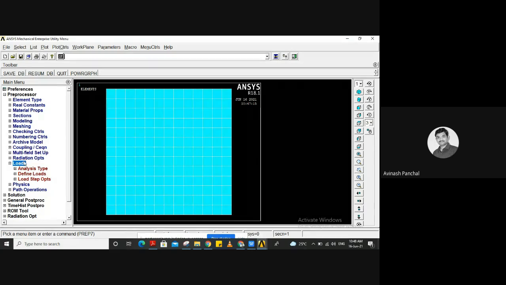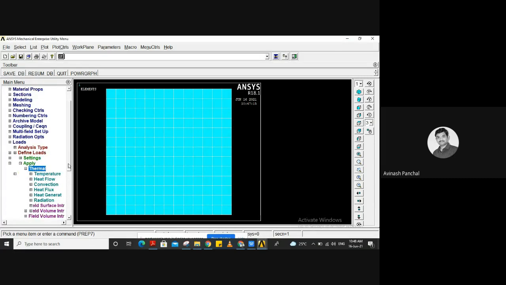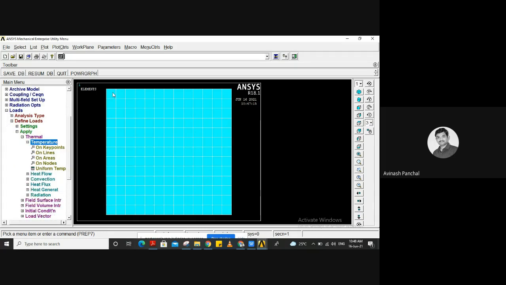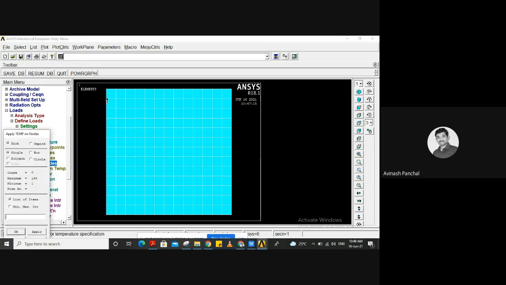Go to loads, define loads, apply, thermal, temperature. So temperature on what? There are nodes. Okay, on nodes. So select this one to one directly.